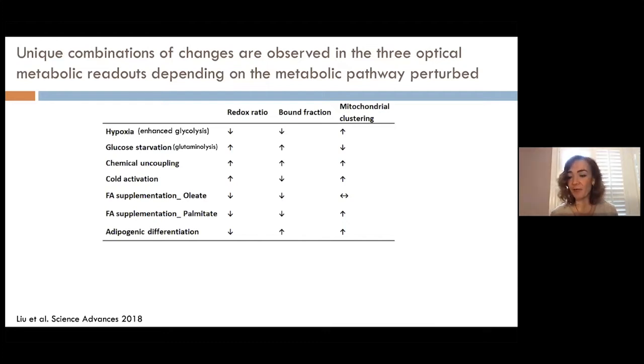So we have these three metrics, and we can extract these metrics using the same instrument at the same time. And we have done that for a set of studies in which we introduced a series of perturbations in some of the major metabolic pathways, including glycolysis, glutaminolysis, uncoupling, fatty acid oxidation, and fatty acid synthesis. And what we see is that